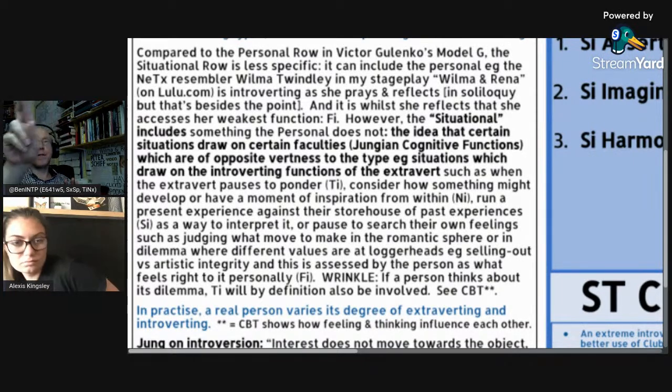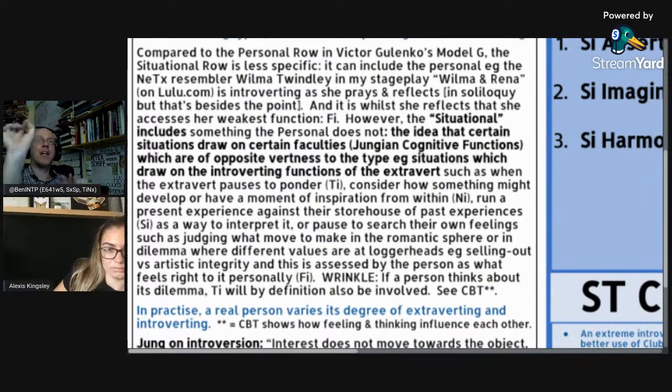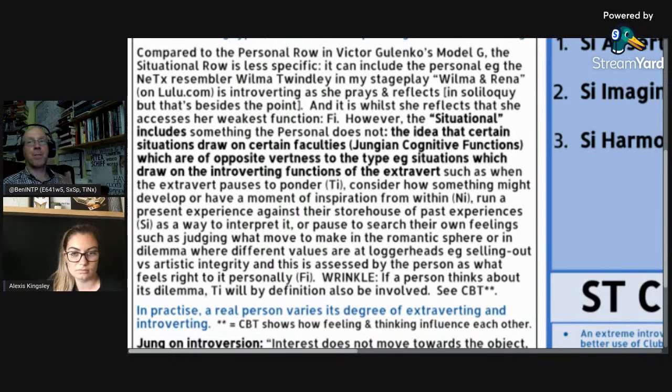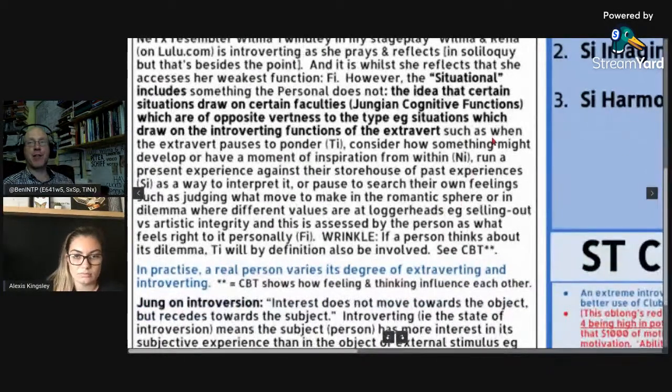Which draw on opposite vertness of the type, e.g., situations which draw on the introverting functions of the extrovert. And then we can discuss if this is accurate, because this is semi-speculated by me, such as when I use introspective data for this. Such as when the extrovert pauses to ponder, TI, consider how something might develop or have a moment of inspiration from within, NI, run a present experience against their storehouse of past experiences, SI, as a way to interpret it,